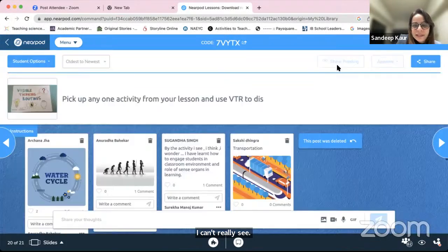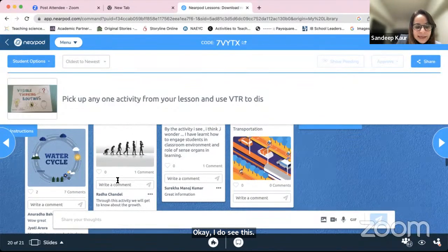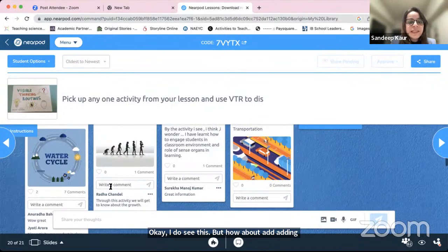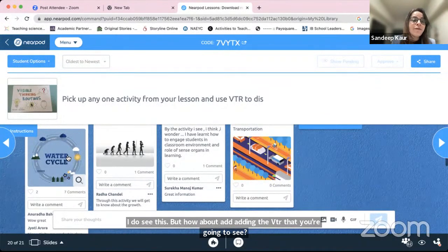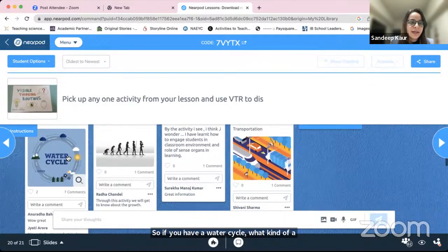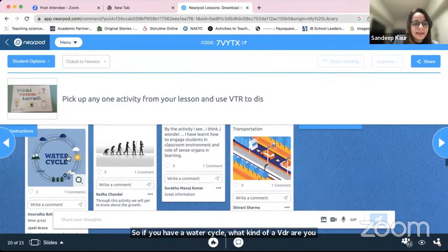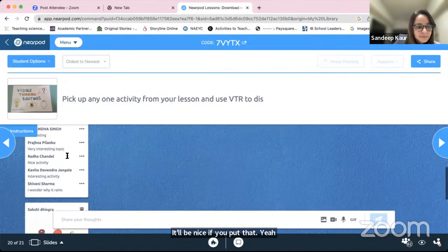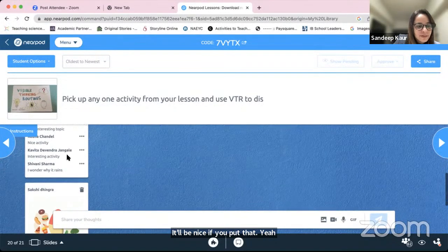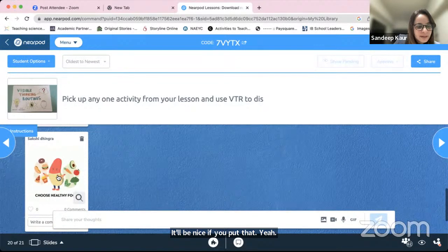Okay, I do see this, but how about adding the VTR that you're going to use? So if you have a water cycle, what kind of a VTR are you going to try to use, right? It'll be nice if you put that here. I wonder why it rains, okay? Like for this, Sakshi, if you put this